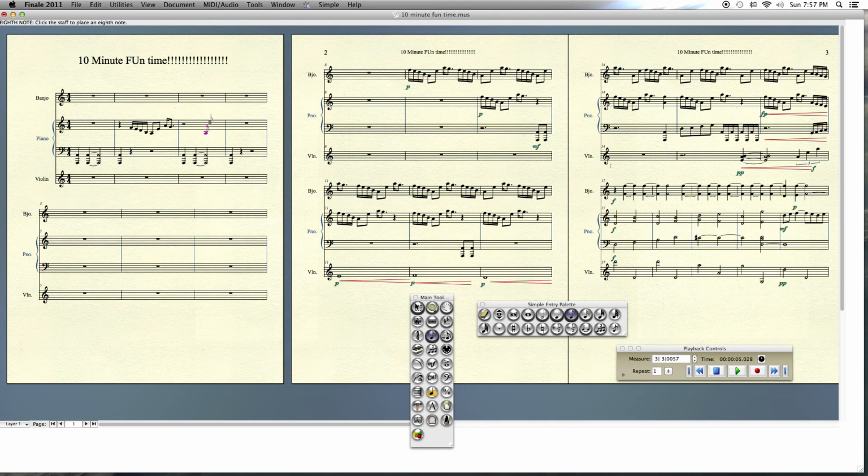Oops. Dum. Alright, let's hear that. Okay, so this theme, it seems like it's repeating too much exactly the same, so I'm just going to transpose